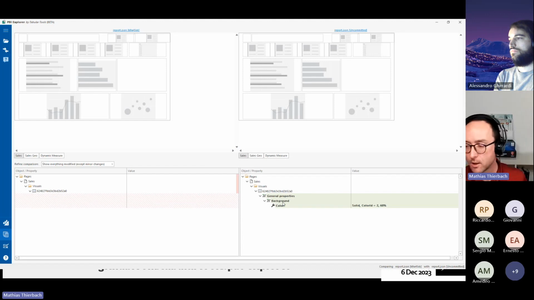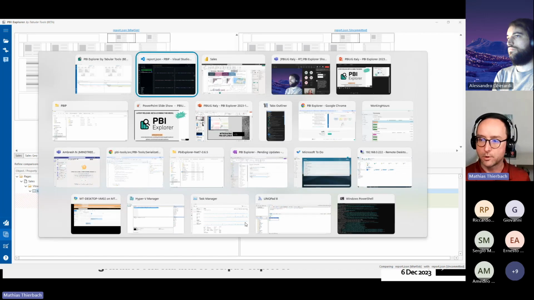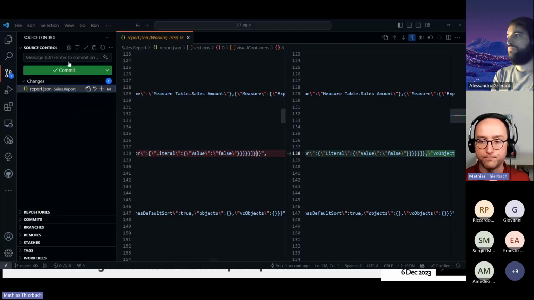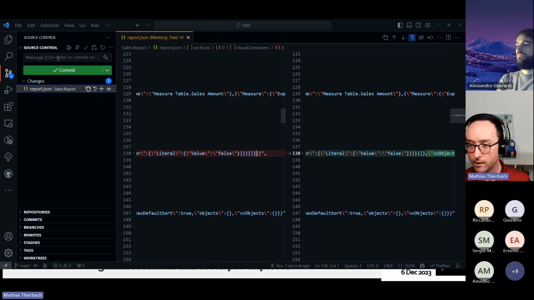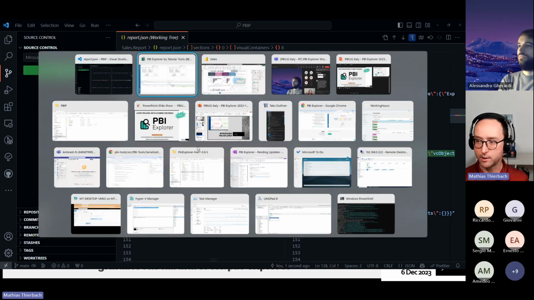And as we would expect, this shows us exactly the same thing, which is the background color was set on this particular visual when previously there was no background color. So it's exactly the same. And that will also work when we have more history in place. So if I actually commit this and say set background color, here we go. And if I then go in and make another change,